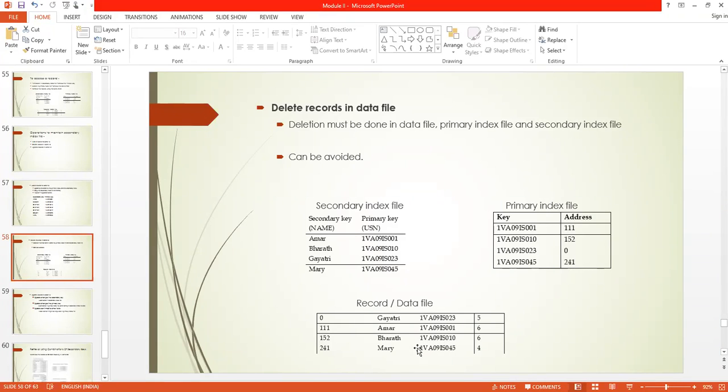Okay, when I'm changing the USN, the primary index key will be shifted because it has to move to a different location depending on the sorted order. But correspondingly, the secondary index file also has to be changed. Not shifted: in the secondary index file, the primary key has to be changed. Fine. So those are the conditions if the primary index file is changed.